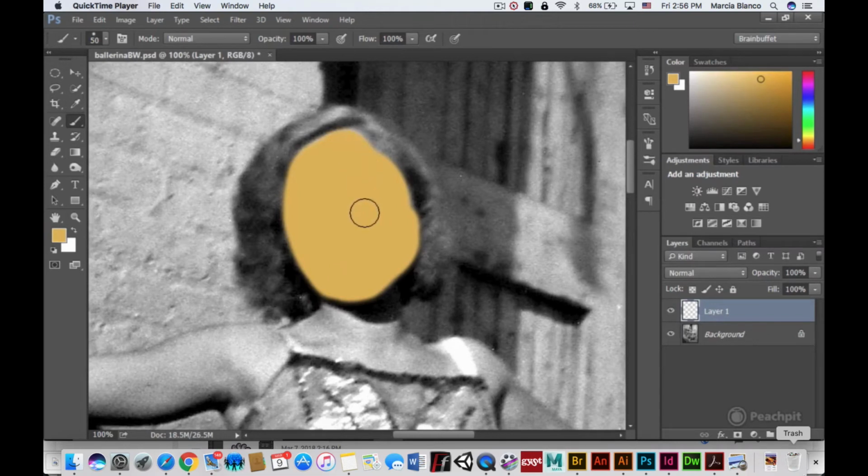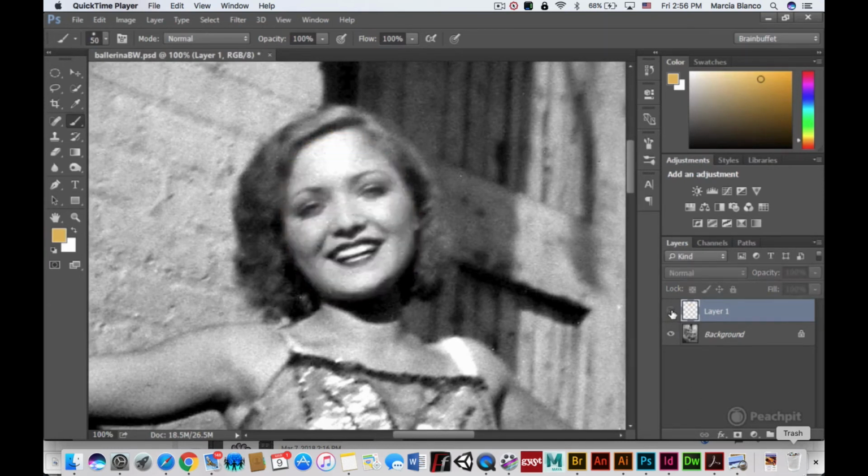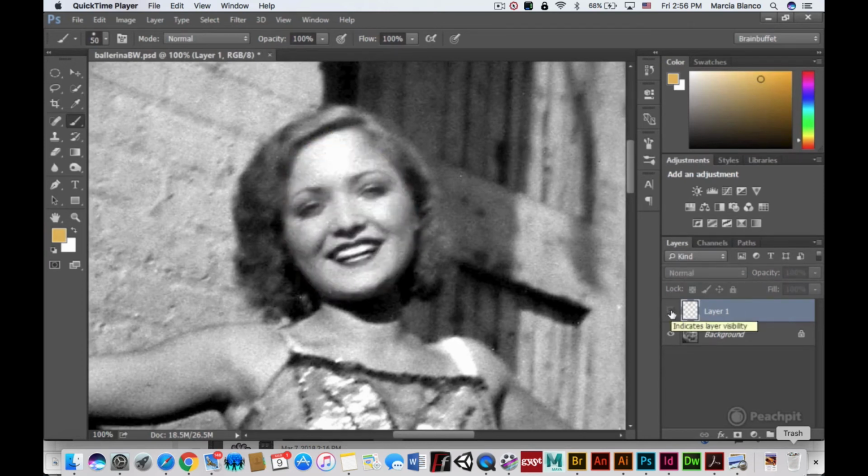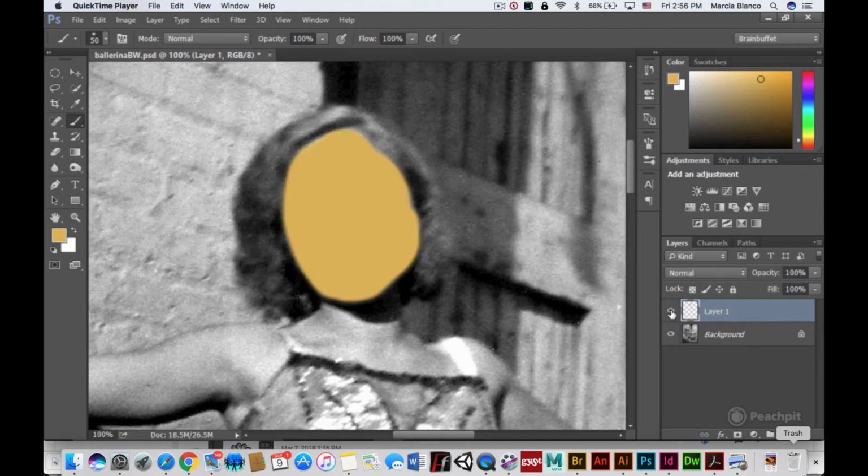And the reason is that, remember I talked about that magic glass? We haven't applied any magic to the glass yet. We just took spray paint and sprayed on the glass in the picture frame. The photo is still fine. We can hide the layer by clicking on this little eyeball over here in the layers palette. I can hide, and I can see that I haven't damaged my photo. This is the beauty of layers, is that I can make changes that affect my image without damaging any of the actual pixels here, because I'm doing them on basically a piece of glass that's on top of the image. But what we need to do is make our glass into magic glass. We're going to do that